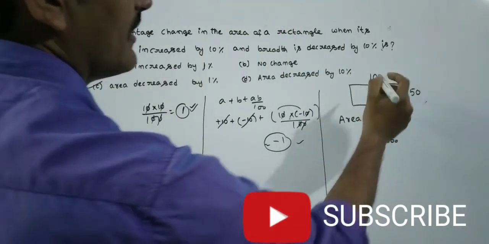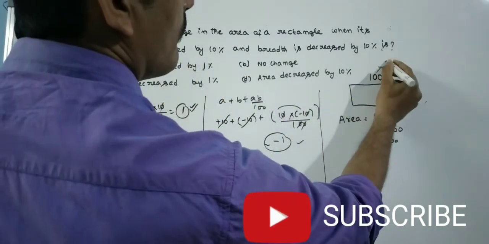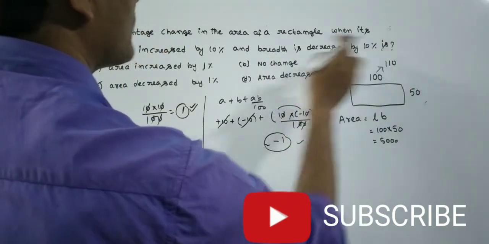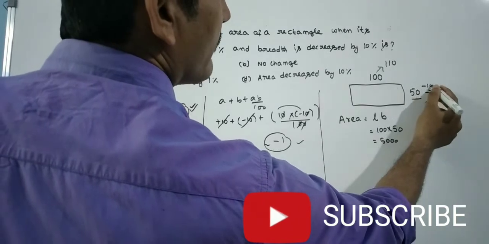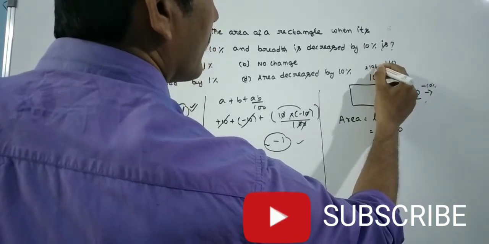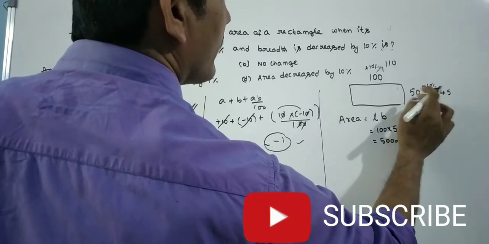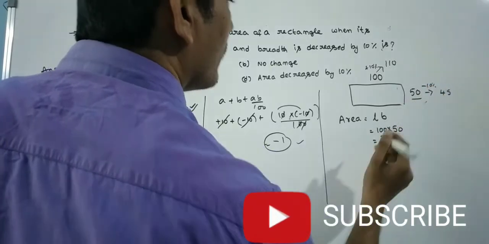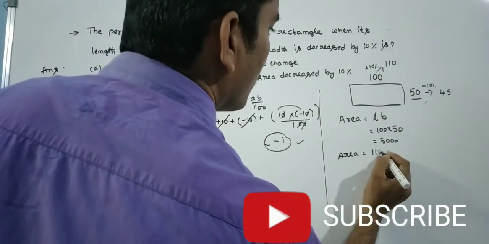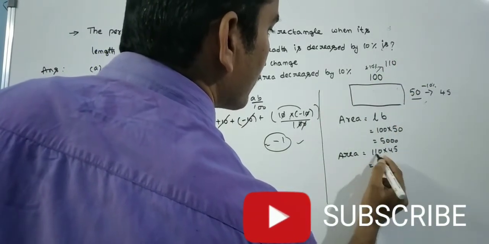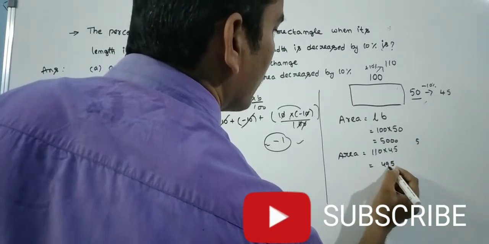Then what he changed? Length is increased by 10%, that means 110. Breadth decreased by 10%. Here 10% decrease means minus 10%, here plus 10%. That means 45. 10% of 50 is 5. Decreased 10%, that means 45. Then area equals length into breadth, 110 into 45. See friends, 11 5s are 55, 11 4s are 44 plus 5, 49,